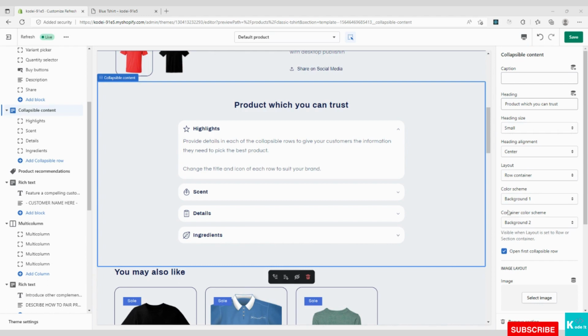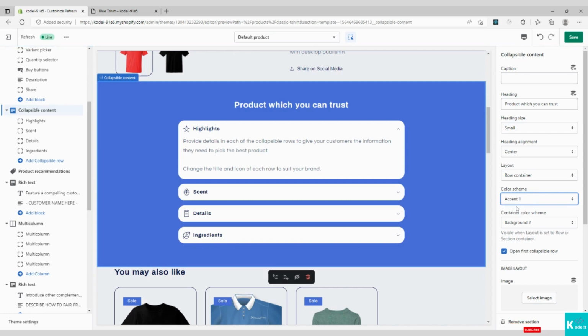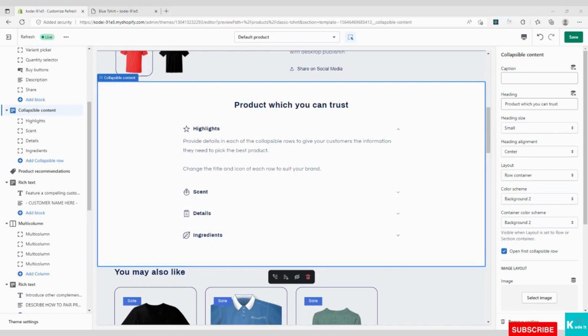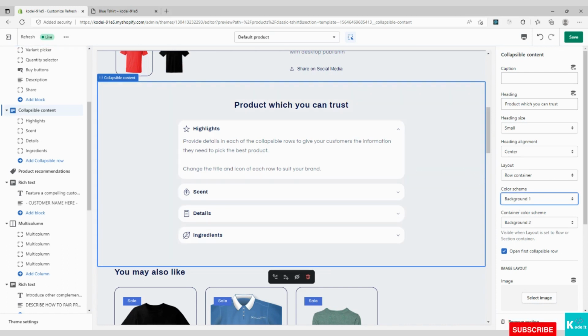And then we have color scheme. We can change it to accent 1, accent 2, background 1 and 2. So guys, this is basically the background color. Let's keep it gray only.